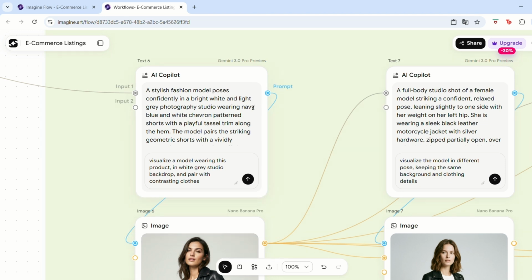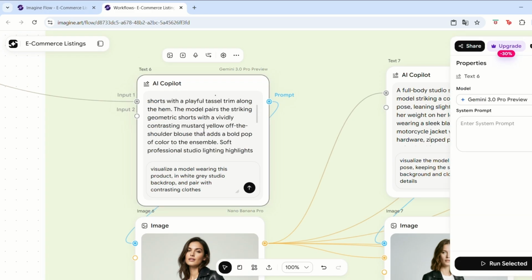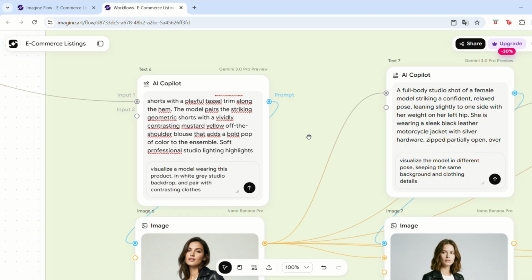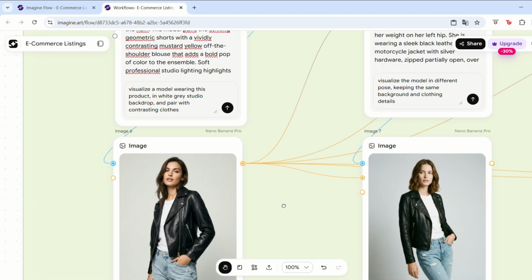And you can just check it here if it's to your liking, if it's matching the brand vibes that you have. So a stylish fashion model poses confidently in a bright white and light gray photography studio wearing navy blue and white chevron pattern shorts with a playful tassel trim along the hem. The model pairs the striking geometric shorts with a vividly contrasting mustard yellow off the shoulder blouse and adds a bold pop of color to the ensemble. So I like the outfit, and in case you didn't like something, you can generate it again, or you can directly change your prompt over here. But because I think the prompt is looking really, really good, I'm gonna come here and I'm gonna generate the